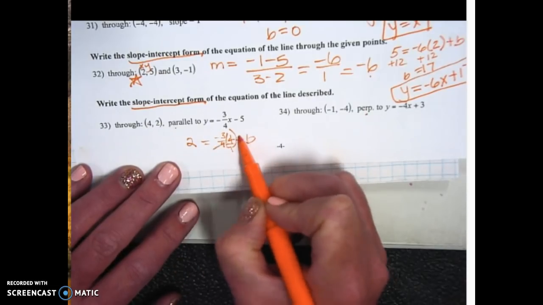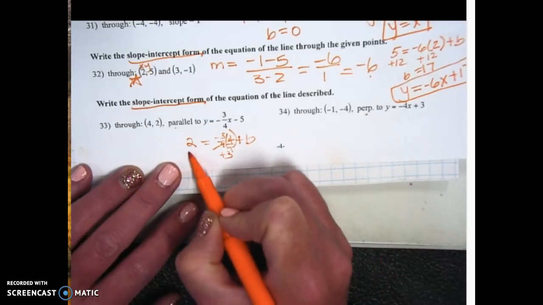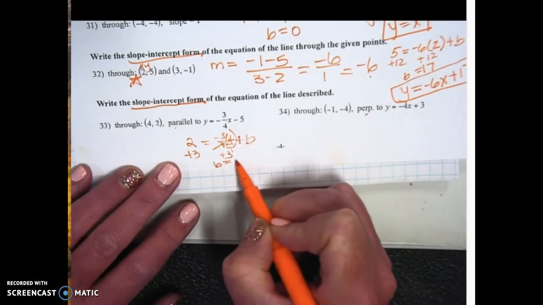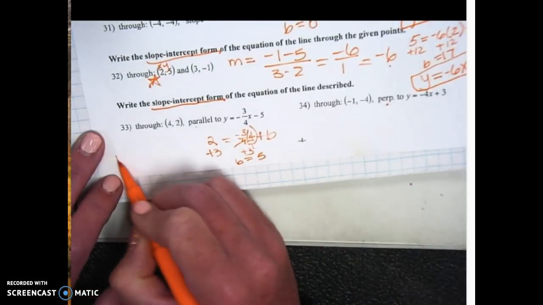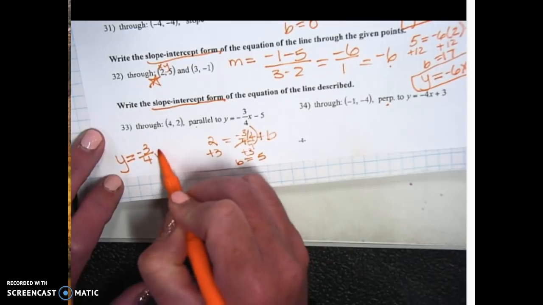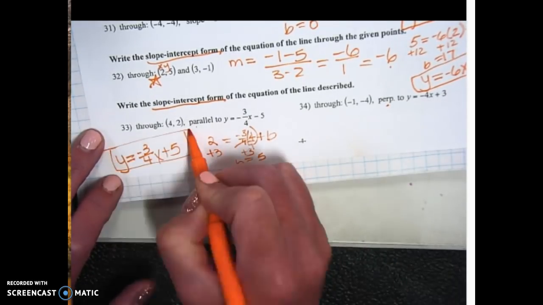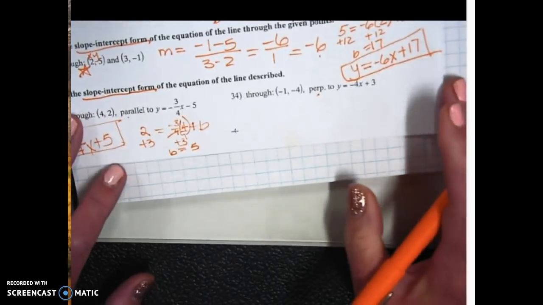So if I change this to a fraction and multiply them, I'm just left with negative 3. So I actually want to add 3 to both sides. That means b is 5. So the equation is going to be y equals negative 3/4 x plus 5. 34,